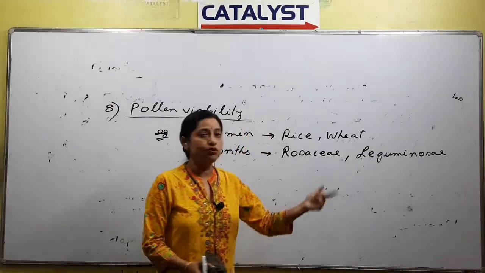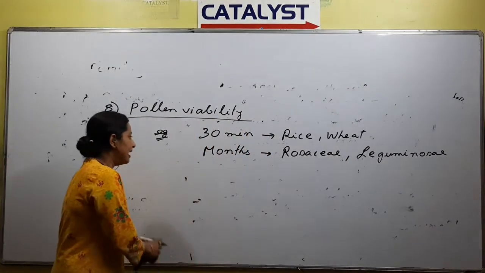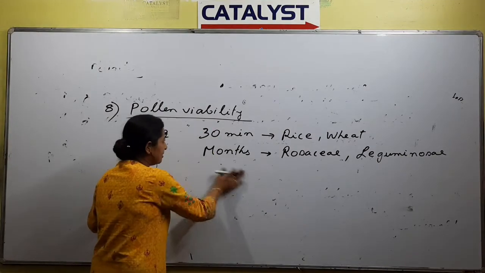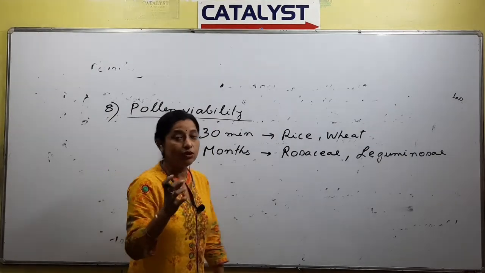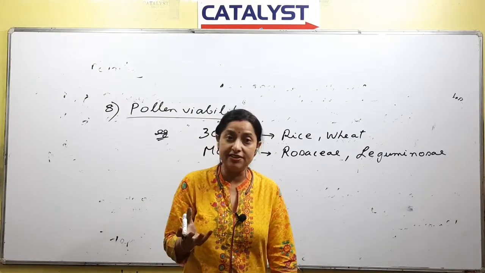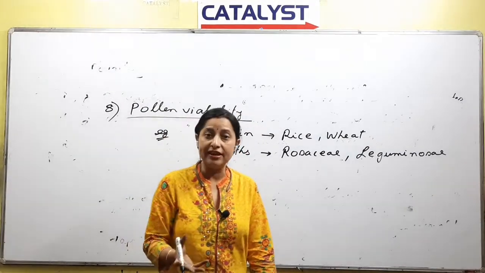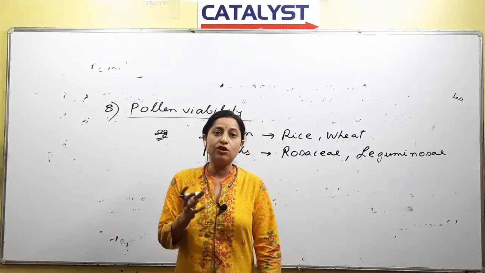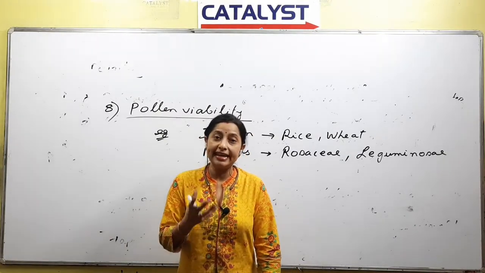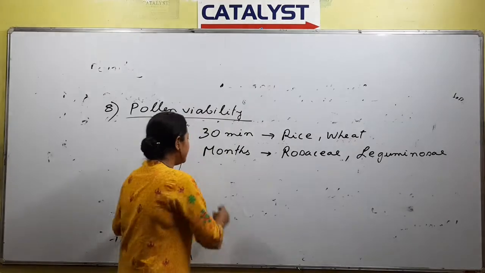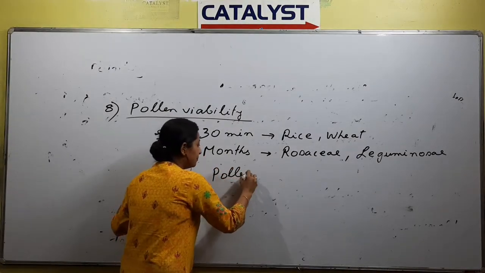The best example could be pea, right? And apart from these two examples, sometimes the pollens are kept for years after years, and if you want to keep a pollen viable for a very longer period, you protect or preserve those pollen grains in a bank, and that is what is called a pollen bank.